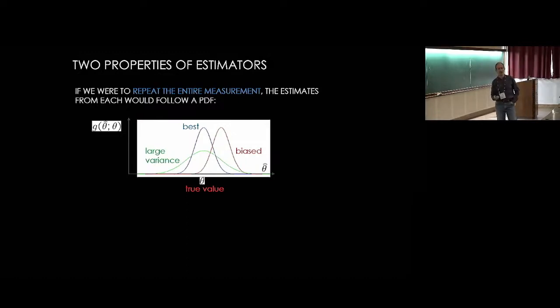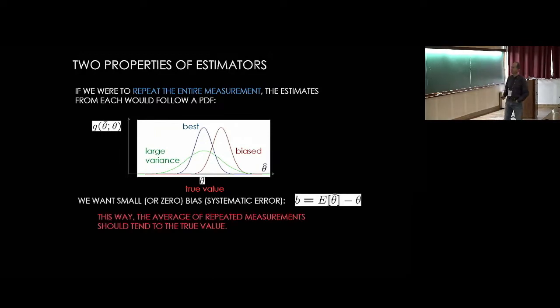But which of these is best? Of course, the one with zero bias and small variance. But if you had to choose between the green and the red, what would you choose? Well, you need to do the math. And what is the math that you should be doing? You should add in quadrature the variance and the squared bias. This is called the mean squared error. And it's the best measure that you can give of how much off you are on average from the true value when you estimate this quantity many times. Okay, so the mean squared error, I didn't put it in here because it belongs somewhere else, but that's what sums up variance and bias.